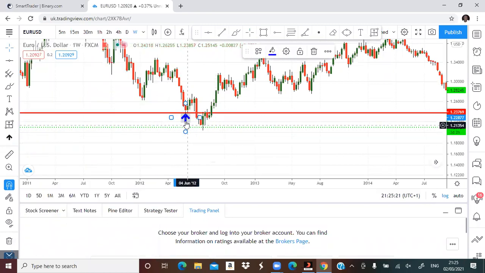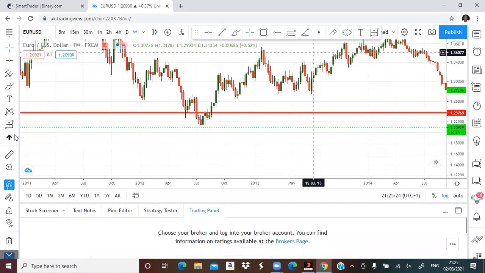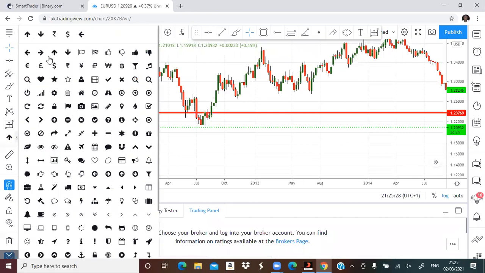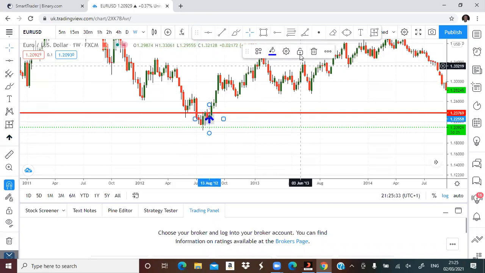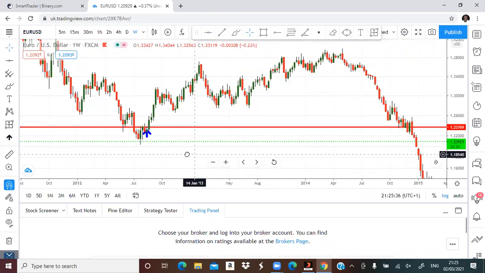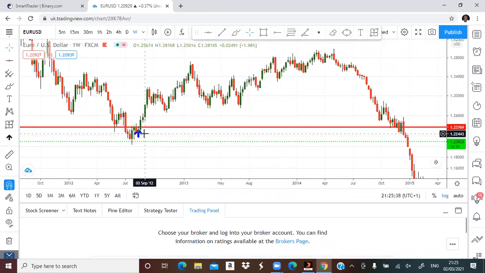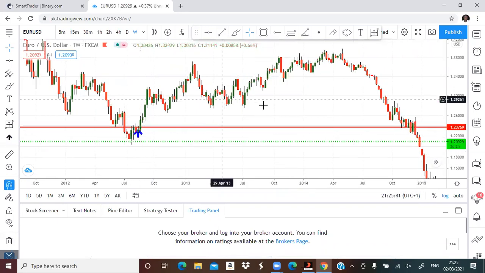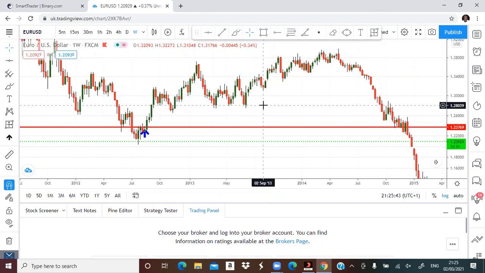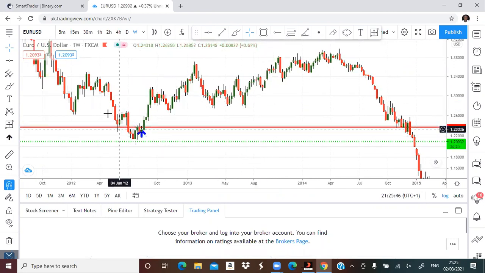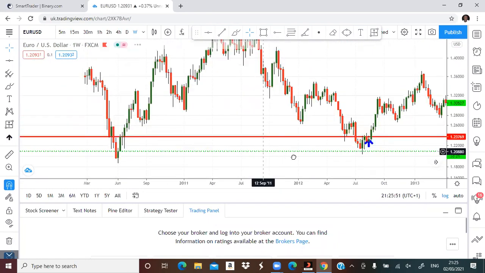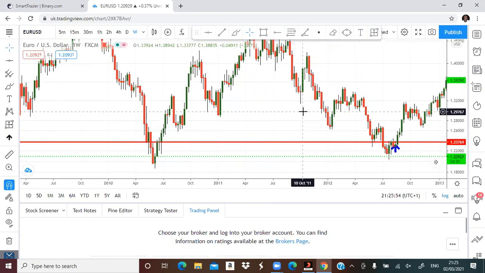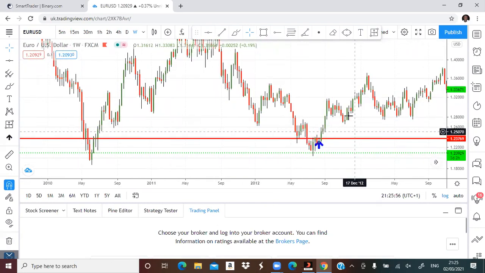Will you agree with me that price touched here and bounced back? Let me lock it. All right. Will you agree with me that this place is a zone? Now, support can become resistance. If you look at this chart very well, this place was once a support. All right, this place was once a support, but after a time, when price